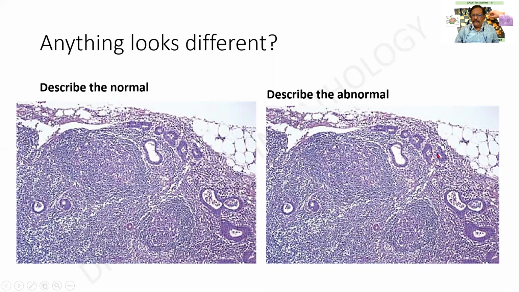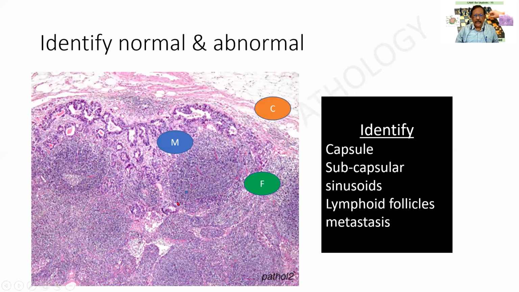A lymph node does not have these glandular spaces. Here I am finding multiple glands, slight variation in size, and they are immediately beneath the capsule because these are the subcapsular sinusoids. And there is another larger gland which is trying to invade the sinusoidal space. These are also abnormal metastatic deposits that we are seeing. And this particular slide can be focused for you people.